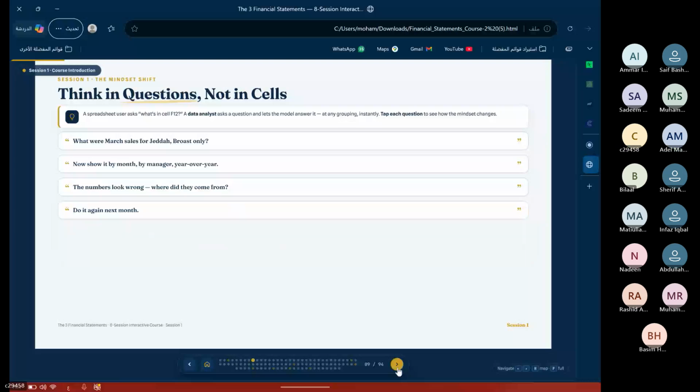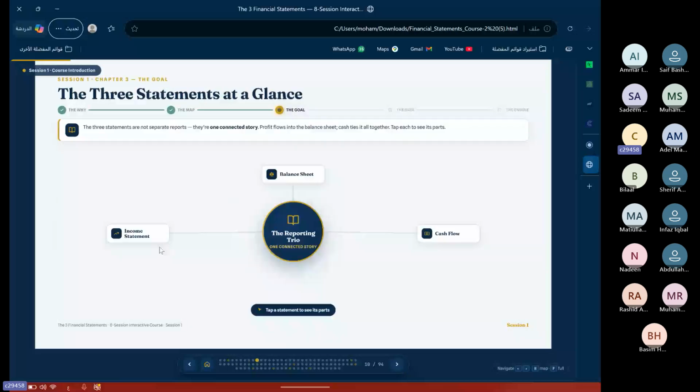Okay. So here also we are speaking about the 3 statements. Are they separated or not? The income statement is separate, the balance sheet is separate, and the cash flow is separate. No, of course, you are all professionals in finance.